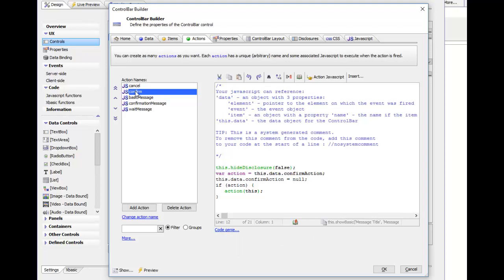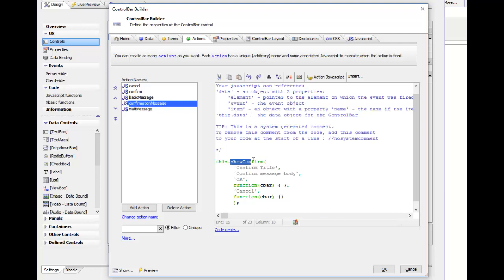So the confirmation message here uses the show confirm method, and the arguments are the message title, the message body, the OK button, the cancel button, and then the corresponding JavaScript functions to call when those